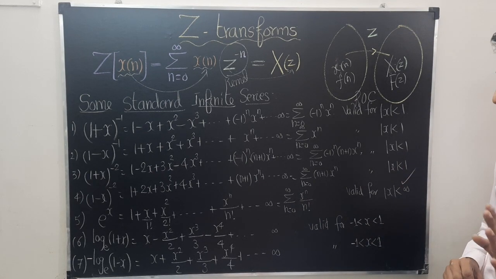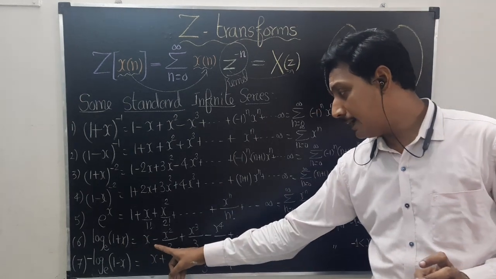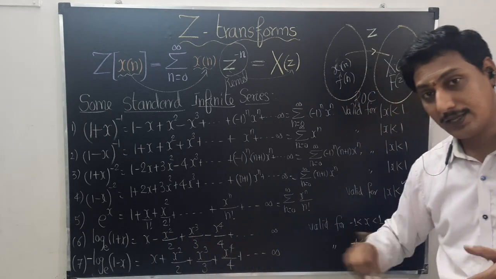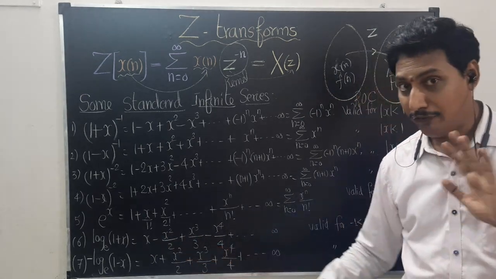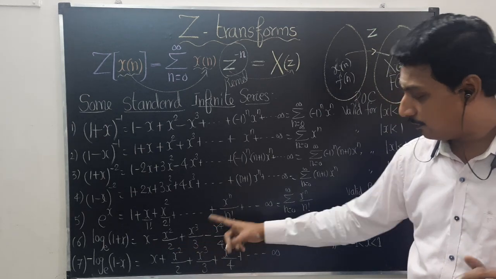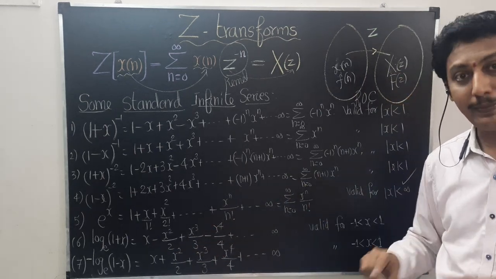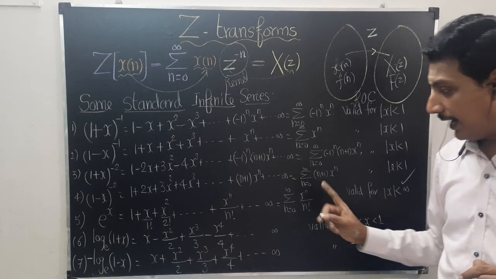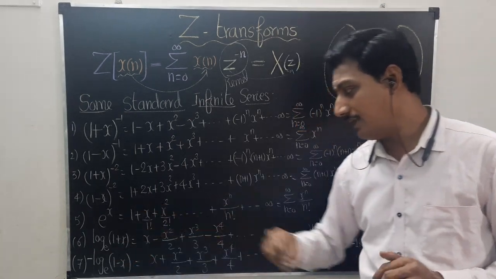In the logarithmic series, the natural logarithm of (1 plus x) is x minus x squared by 2, and so on. So plus and minus come alternately. The denominator has no factorial term. Power 2 means denominator 2, power 3 means 3, 4 means 4. Generally n means n, but no factorial. Plus or minus. Right? And if I replace x by minus x, what will we get?